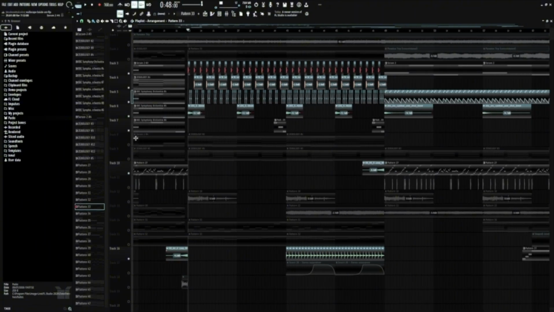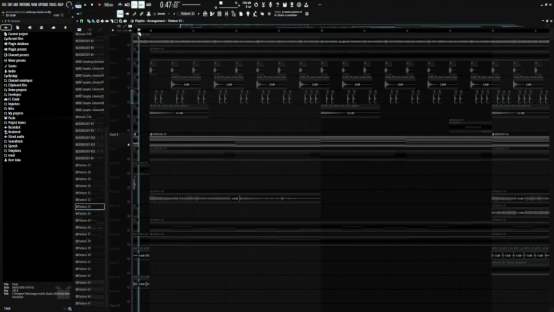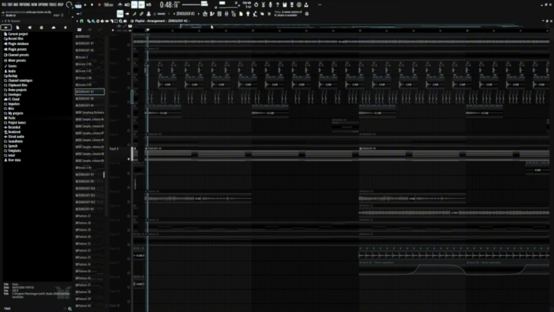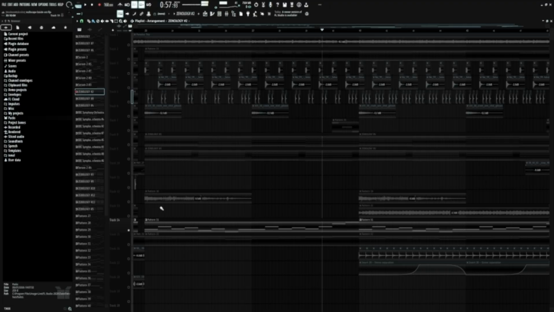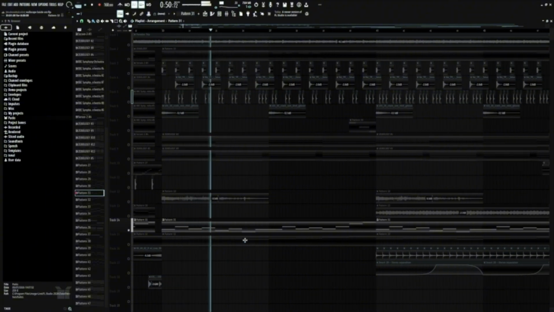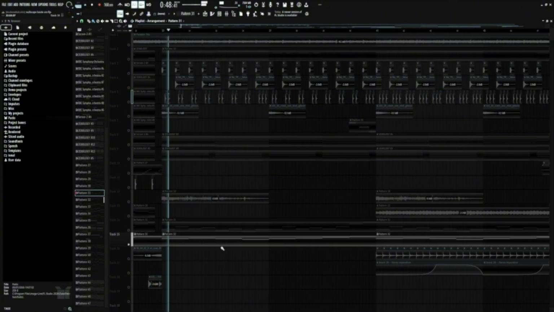So yeah. After that, we just got the same EP playing along with the bass line. Same with this pad here. The little lead thing just playing along as well. Same with the violin.